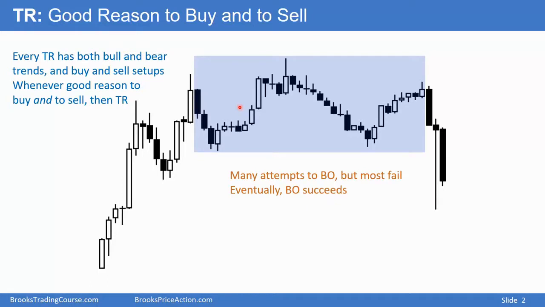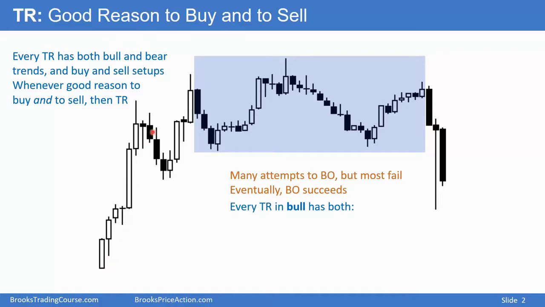My 80% rule: 80% of the time, the trading range breakout attempts will fail and the trading range will continue. We tried to reverse down, we tried to break to the upside, we tried to reverse down from a double top or a higher high. We tried to break to the upside, tried to break to the downside, tried to go up again. Finally, it appears that the market might be breaking to the downside. 80% of breakout attempts, no matter how strong they look, will fail when the market's in a trading range.